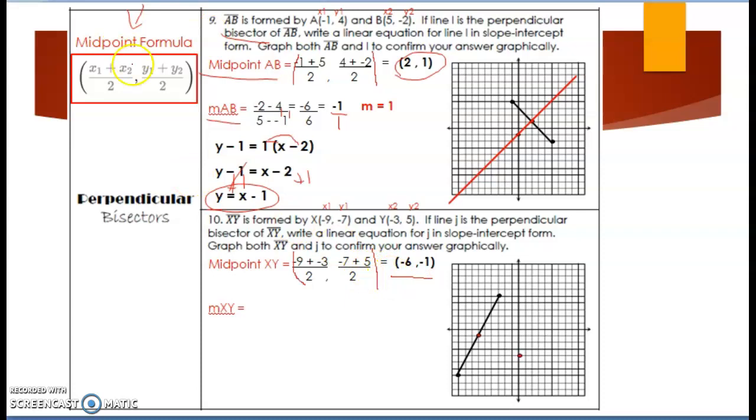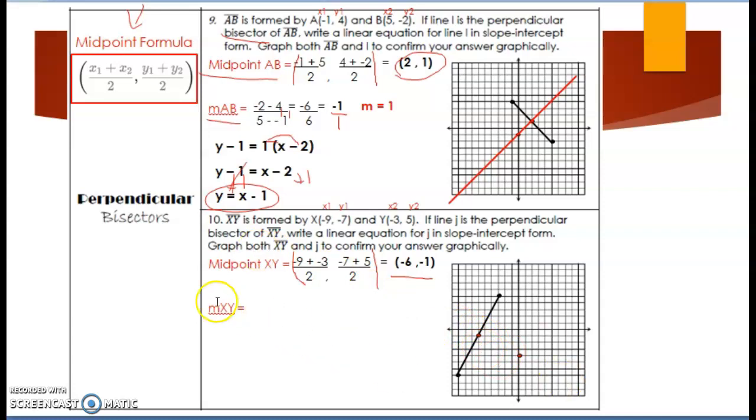We want the line to go through that. And as you can see, I put a red point already. (-6, -1) looks about the middle of that graph, and it is on the line. If your point's not on the line, you're wrong. You need to double check. What are you doing wrong? Double check your points. Well, if I want a line to be perpendicular and go through that point on the line,